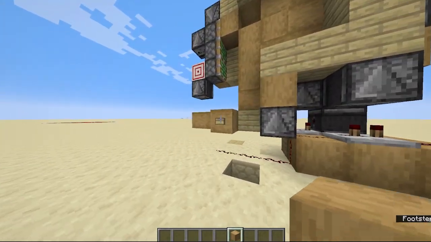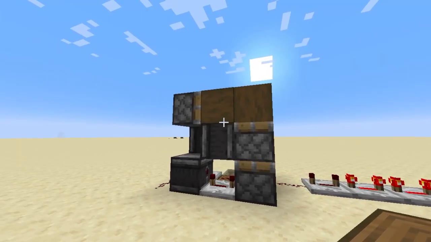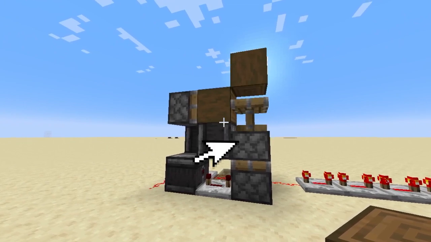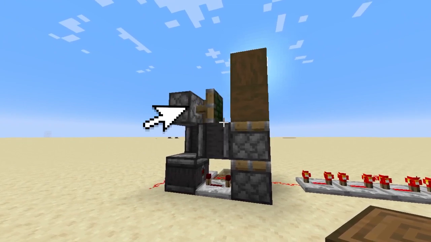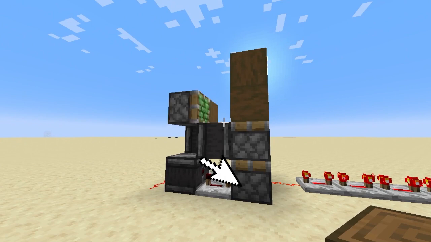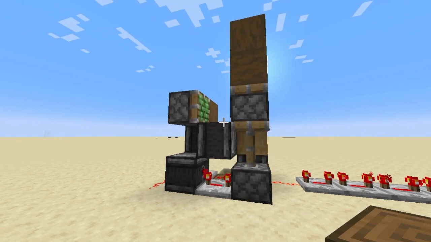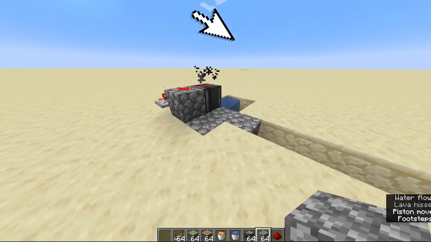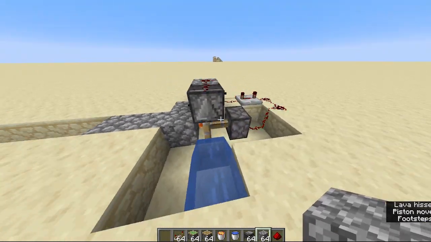So what do we do? Because if you look at this, these are both powered piston blocks. So that means this one shoots this one up like that. This one then shoots this block into the middle. So in a design like this, where you want it to go forward,